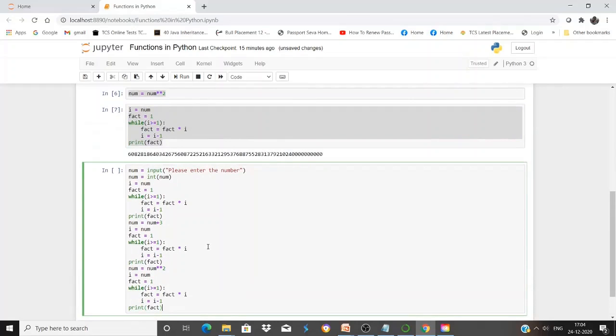So to perform such a little operation, we had to write this many lines of code,